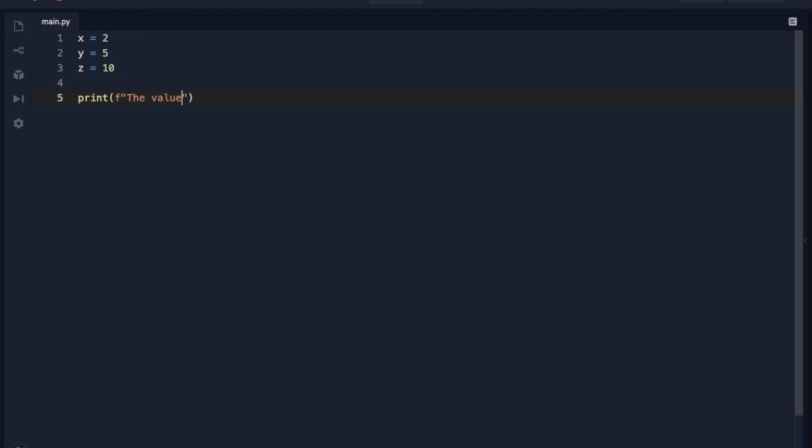the value of 2x plus 3y times z is equal to, and we'll make some curly brackets, and inside the curly brackets we're going to type